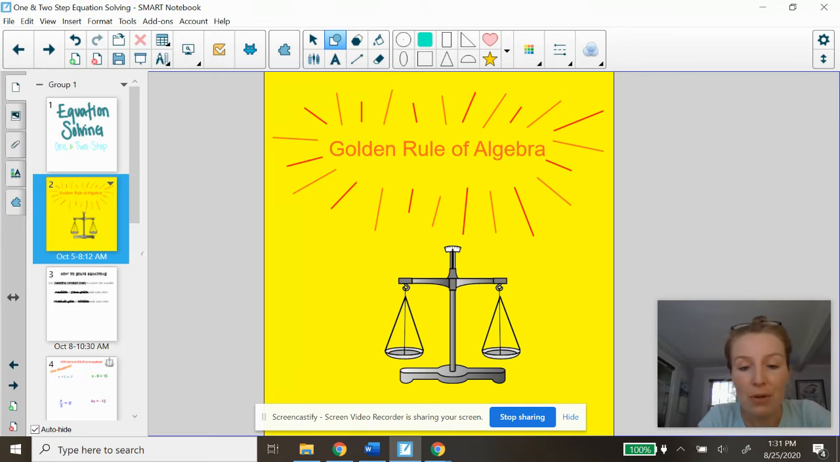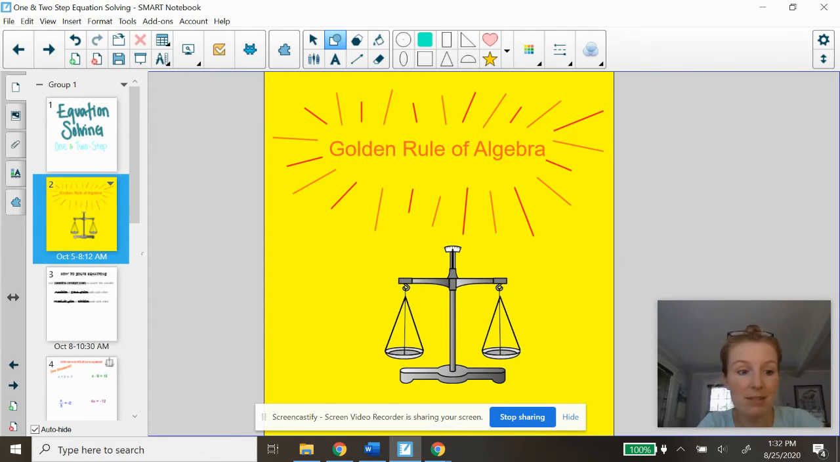The most important rule that you are going to learn today is the golden rule of algebra. And the reason that I've put a balance here on the page is that the golden rule of algebra is that whatever you do to one side of an equation, you must do to the other side of the equation. In other words, if we have a balance, we have to keep that balance balanced. Meaning, if I do one thing to one side, I have to do the same thing to the other side